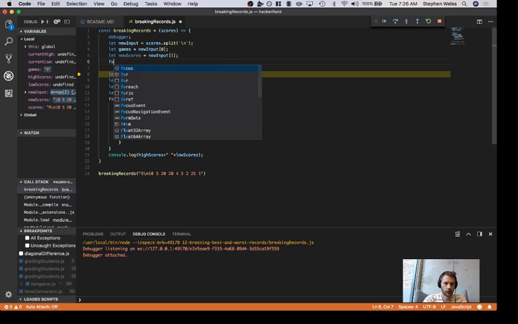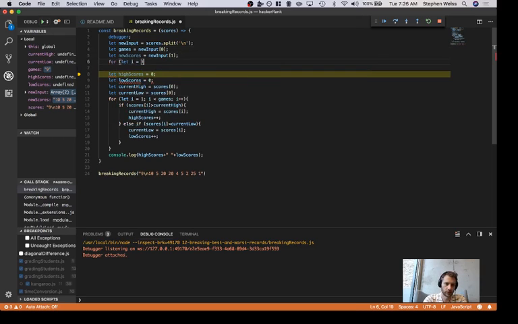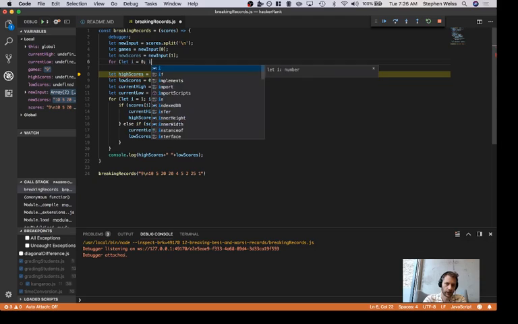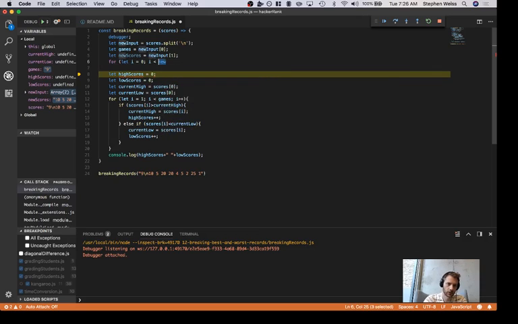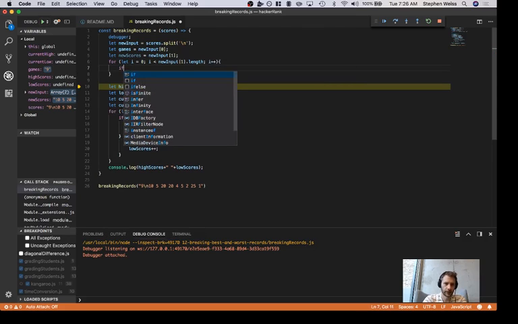So for let i equal to 0, i less than new scores, well, no, new input of 1 dot length, i plus plus, if